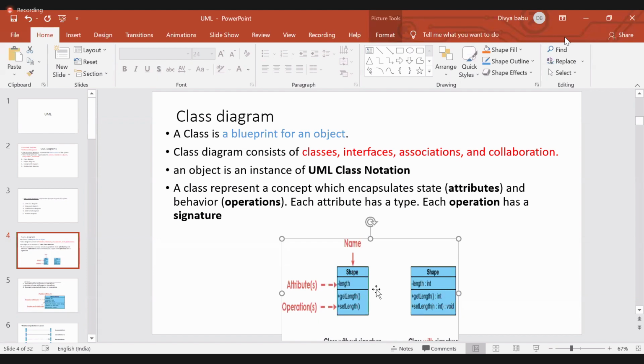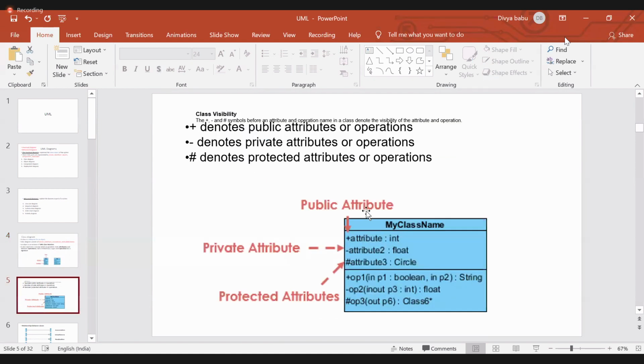What is an operation? Operations do things like get the attendance or calculate the score. All those things come under the operations of the class. So attributes and operations are part of a class. We can call this encapsulation, right?